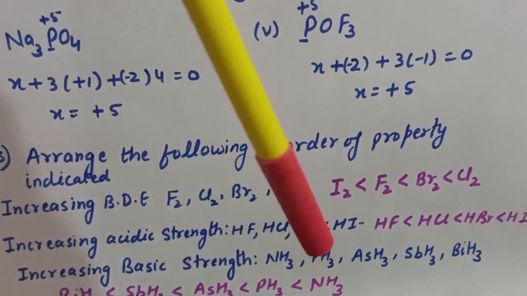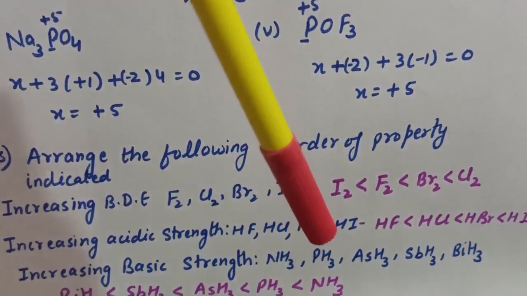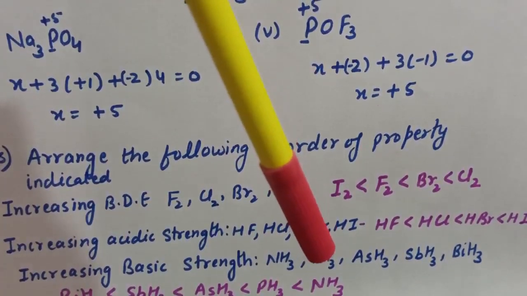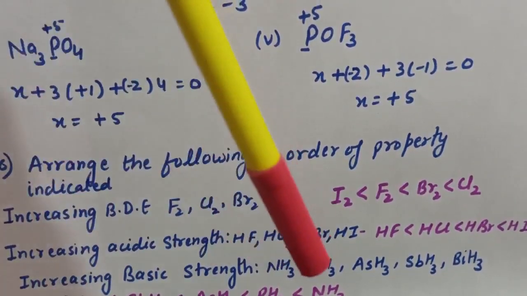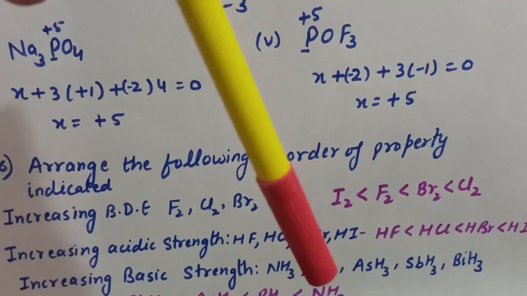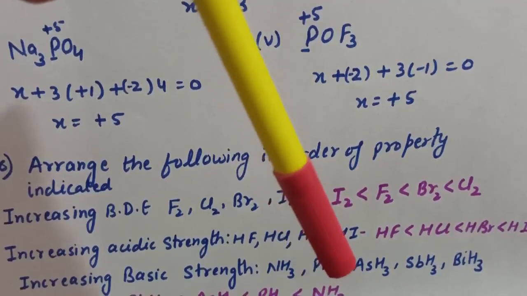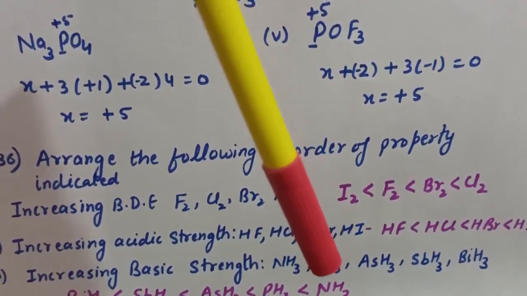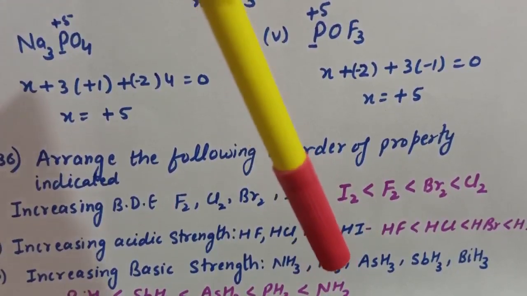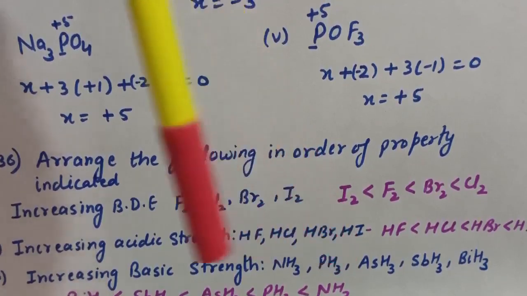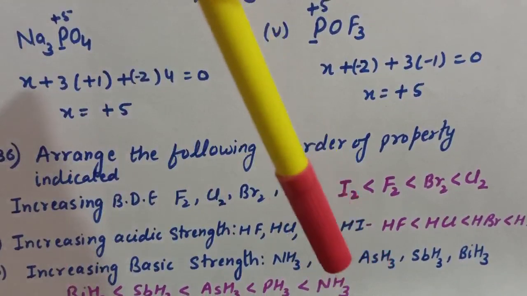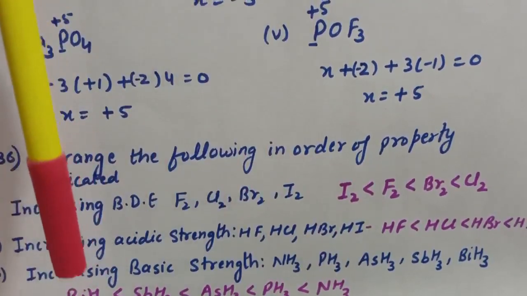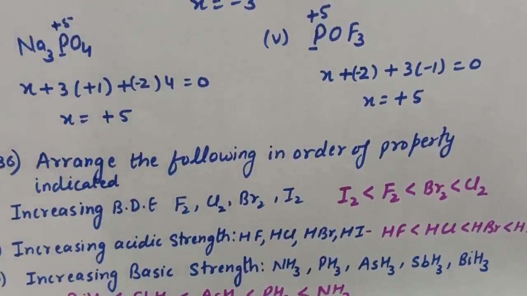On nitrogen, due to small size, the electron density on the nitrogen atom is much higher than that of bismuth. As a result, nitrogen in NH3 donates its lone pair of electrons, or you can say that the tendency to donate a lone pair of electrons from nitrogen is higher as compared to BiH3, and that is why NH3 is the most basic and BiH3 is the least basic. So these are the questions I gave you in lecture number 9.